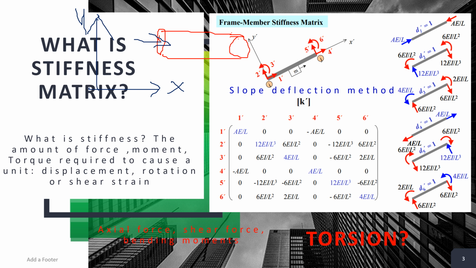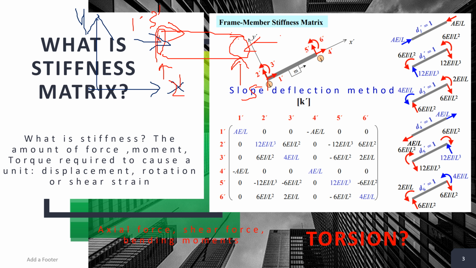If you say this is direction 1 prime, this is direction 2 prime, and this is direction 3 prime, the direction for the moment, and this is 5 prime,